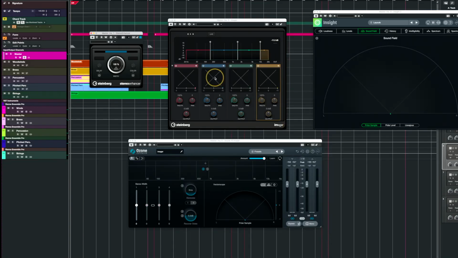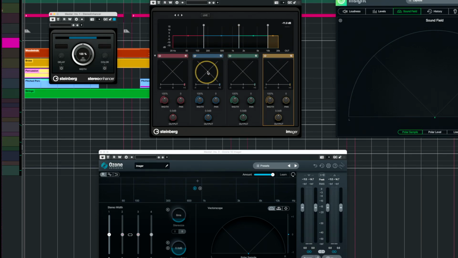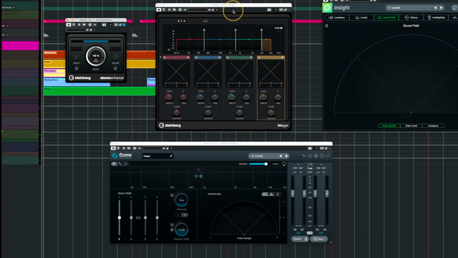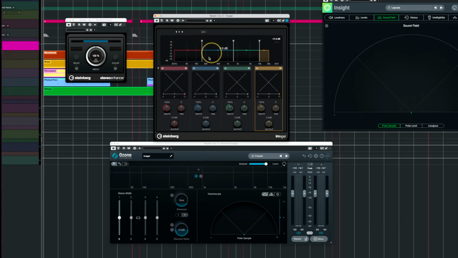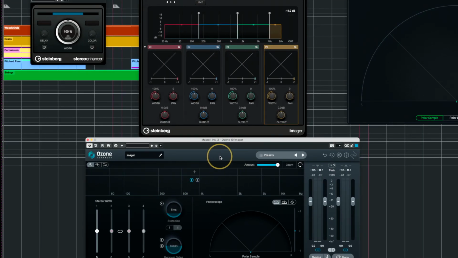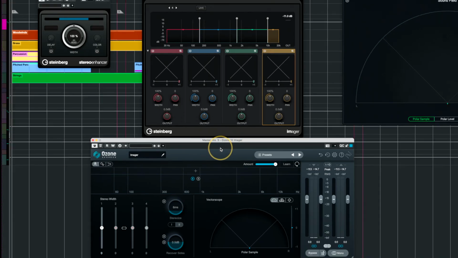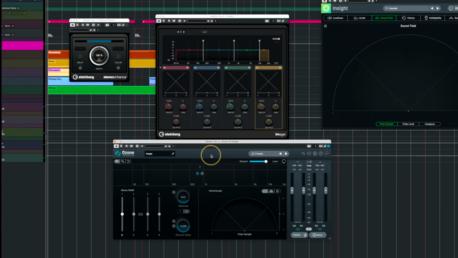So take myself off the screen here and just look behind us. Right at the top, what I've got is the built-in Imager plugin that comes with Cubase. Now, I imagine many DAWs have something similar. At the bottom here, I've got a plugin that basically does the same thing. This is a part of Ozone, which is made by iZotope. Fantastic. It's called Ozone 10 Imager. I'm going to choose to use the Ozone Imager because it's got one feature I love over the Cubase one,